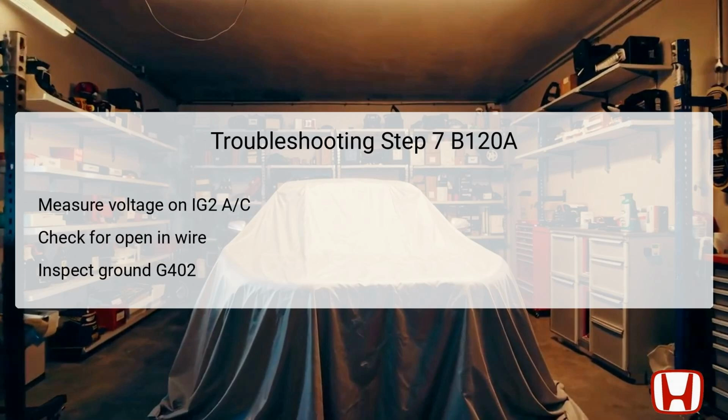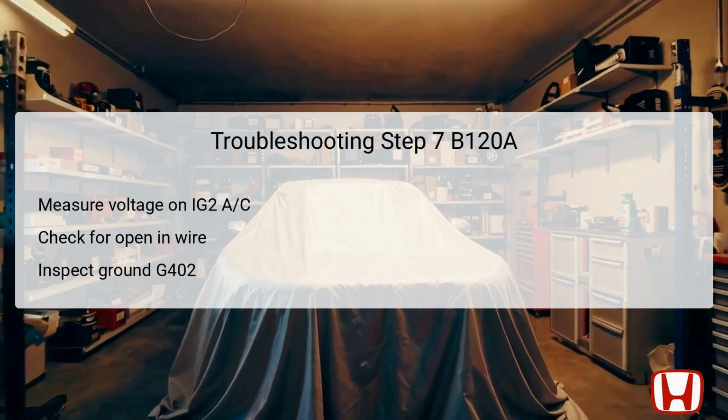In the final troubleshooting step, you will measure voltage across certain test points while the vehicle is in on mode and the climate control panel's 20P connector is disconnected. Test point 1 is the female terminal number 19 on the climate control panel 20P connector, and test point 2 is the body ground. If battery voltage is present, you will need to check for an open in the ground